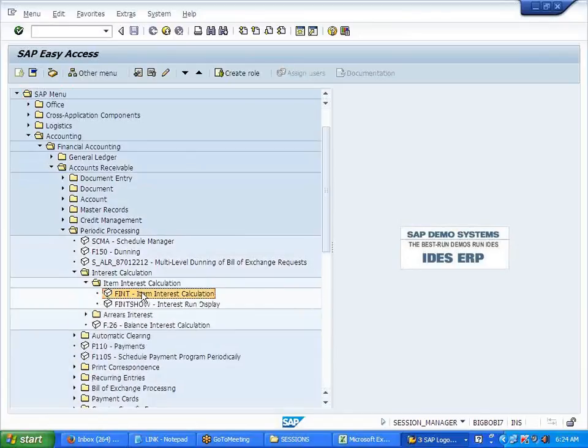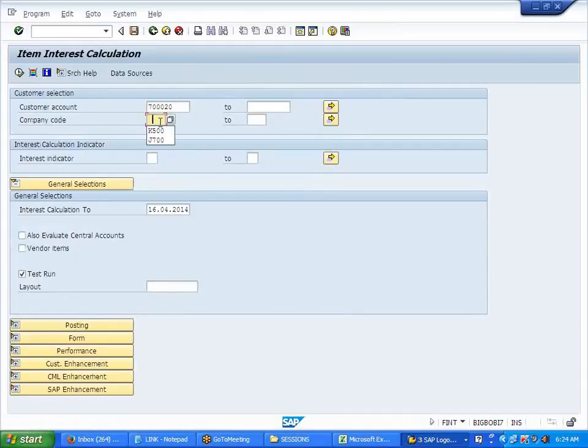Here, FINT. I'm just showing you first. 20, SW01. So no custom, nothing I'm giving.